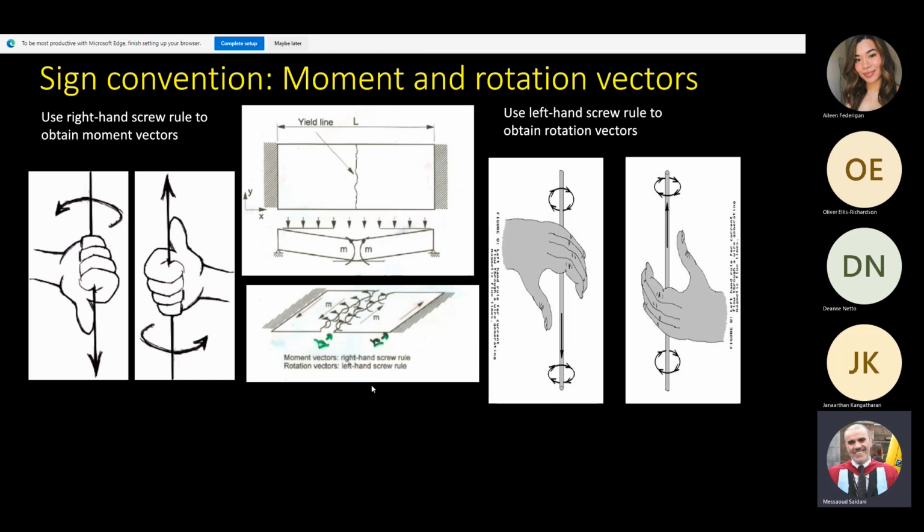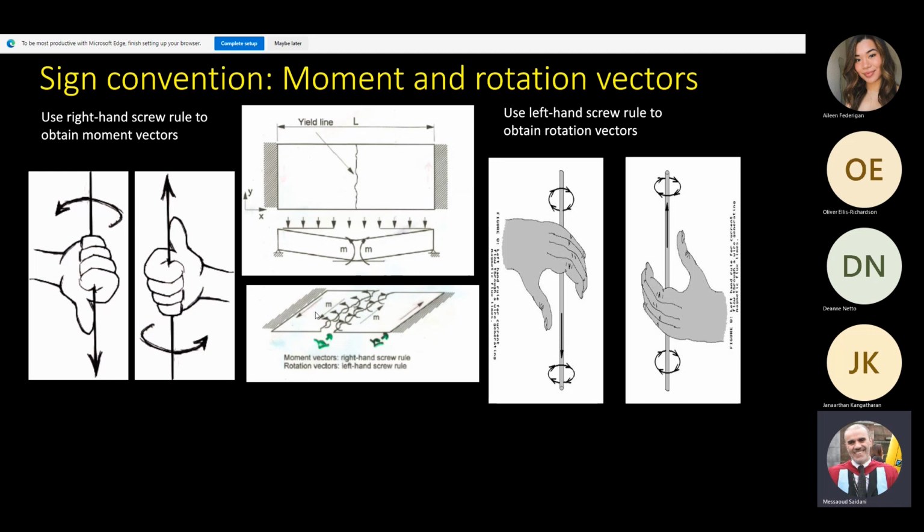Again, what do you notice? You notice that they are opposite direction. The vector rotations here are opposite direction, but they are in the same direction with the moment within the same region. It's important to make these